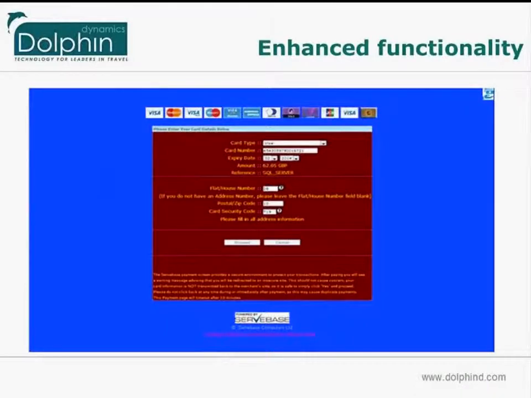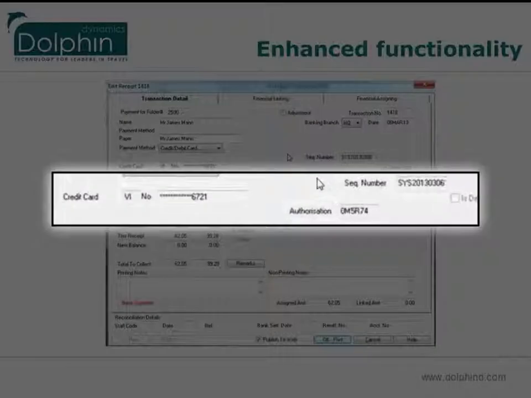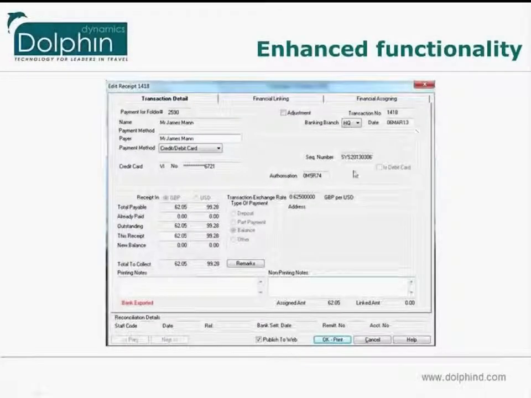Once the payment has been taken, a token will be created by ServeBase and will be sent back to Dolphin to populate the receipt. So in the receipt, you'll only see the last 4 digits, the authorization code and the sequence number. This will now create a receipt. No credit card information has been put into Dolphin,